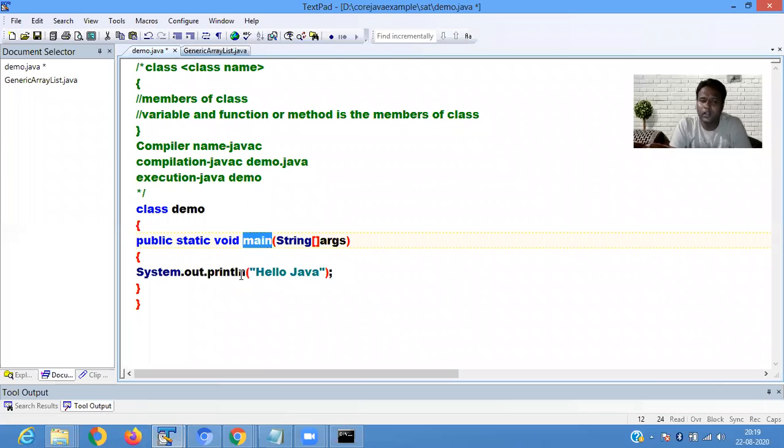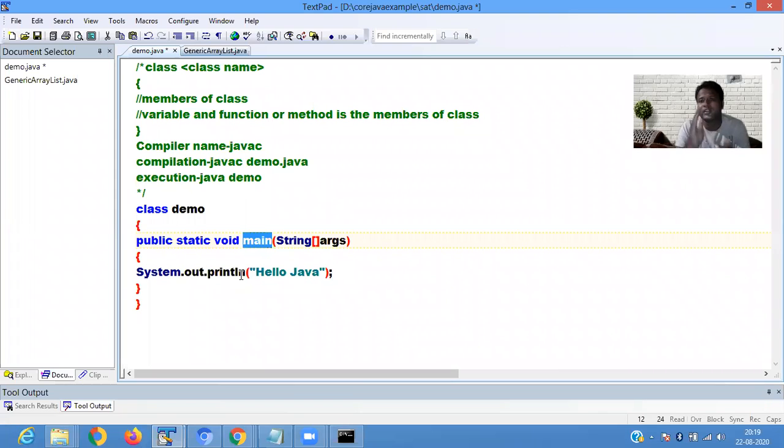When you write println, it displays the data in a line, and the cursor moves to the next line. When you write the print method, it displays the data in the same line, and the cursor stays on the same line.